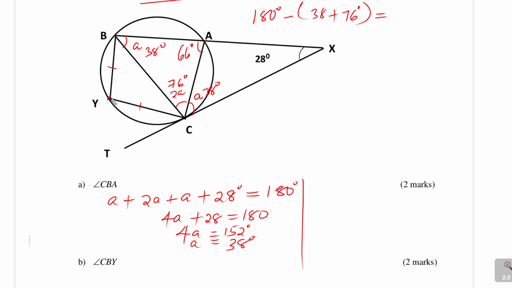So when I take this angle A plus angle Y, that should give 180. And therefore, this angle Y will be given by 180 subtract 66, and that will give 114. So this angle is 114. If this angle is 114, and considering this triangle BYC, this one is an isosceles triangle, and therefore this angle is equal to this. So we simply need to just take 180 subtract 114,